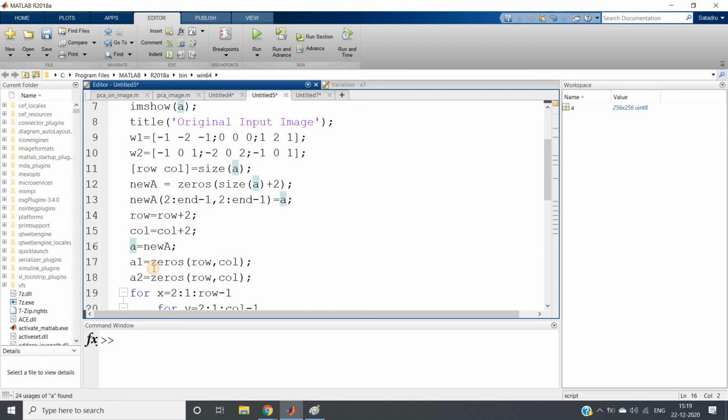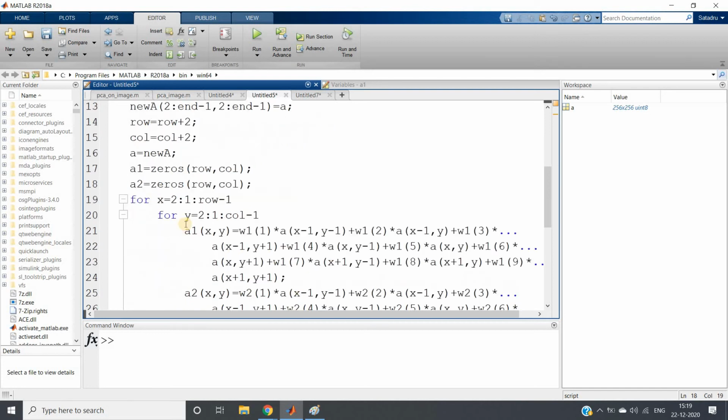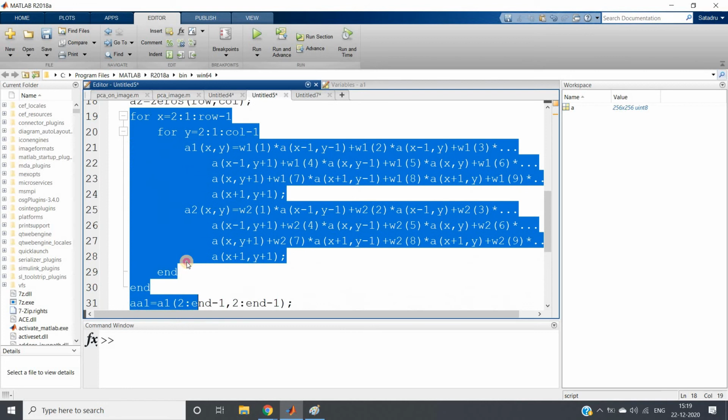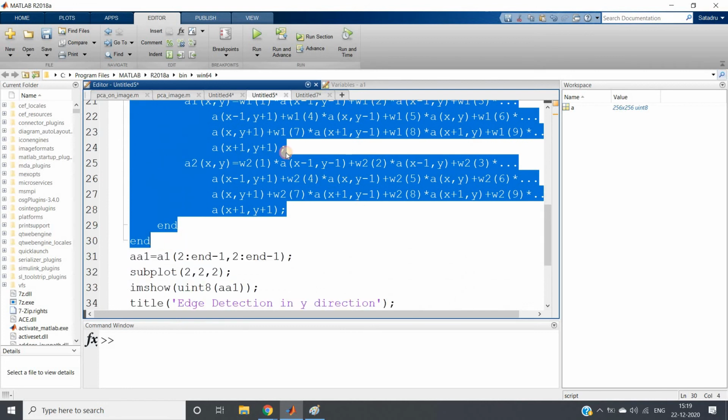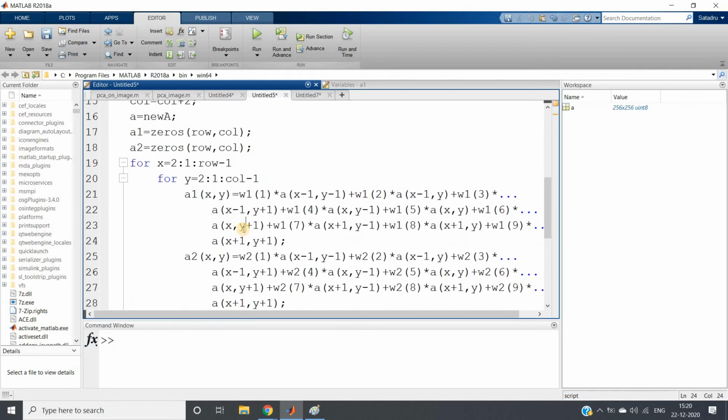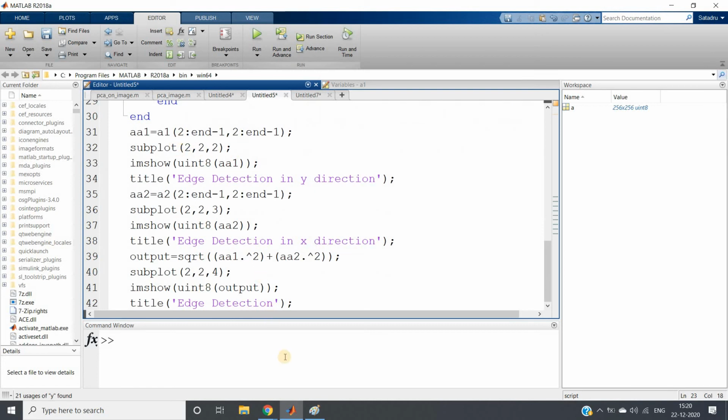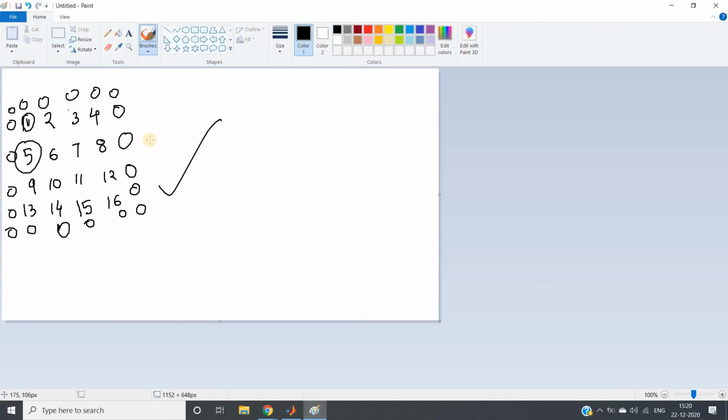Okay. Now what I am doing, I am creating 2 zero matrices having the same size as my new A. And then applying the same logic which I have used earlier. No change, not a single line I am changing, right? And then see here, when you apply a 3x3 filter starting from here, it will go up to this, then it will slide continuously and convolution will occur, and as a result we will be getting the result, right?